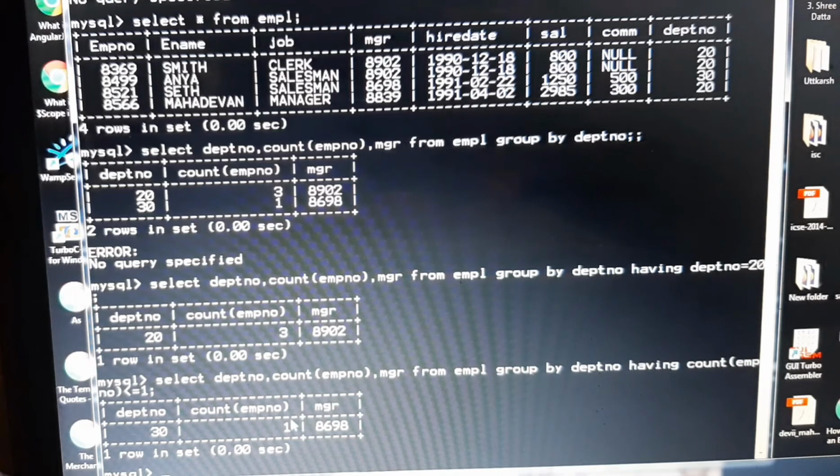We can also use having sum salary between 3,000 and 7,000. Let's see one example out of this. There are 2 more examples given. We will write select department number, comma, job, comma, average sal from EMPL